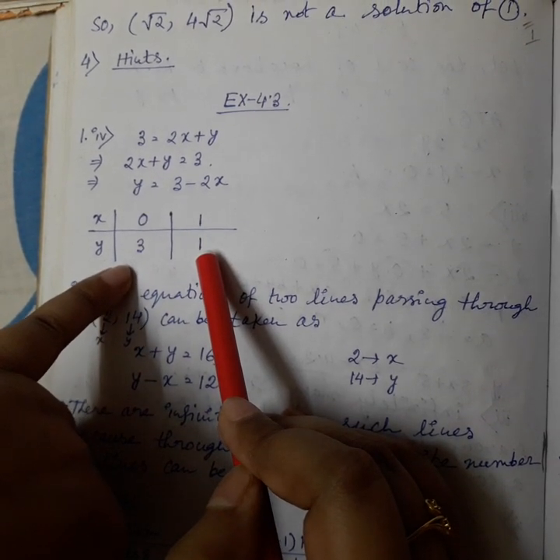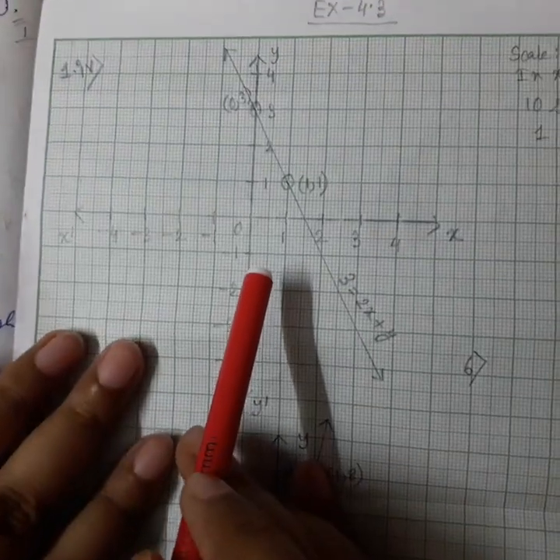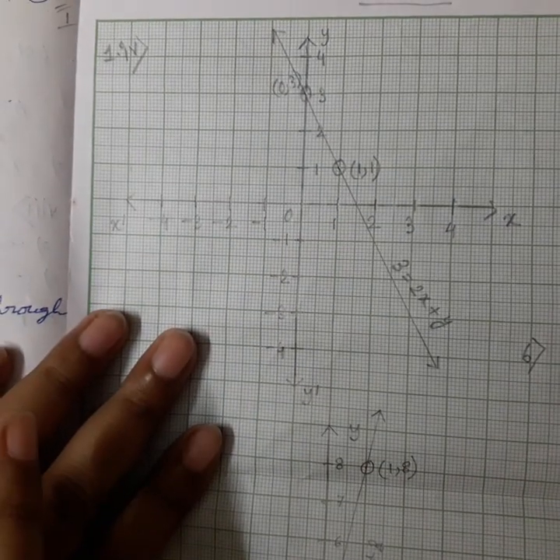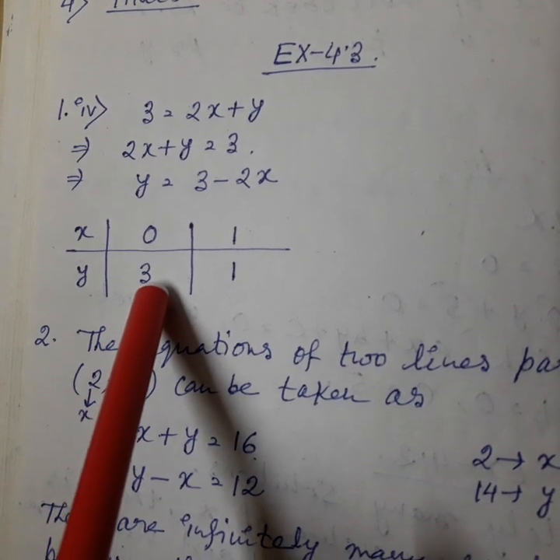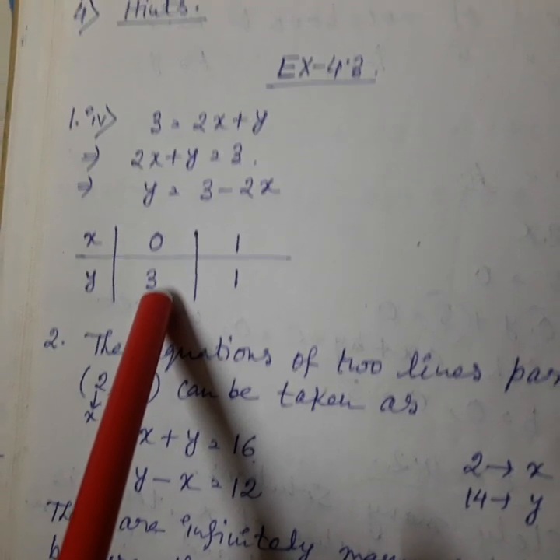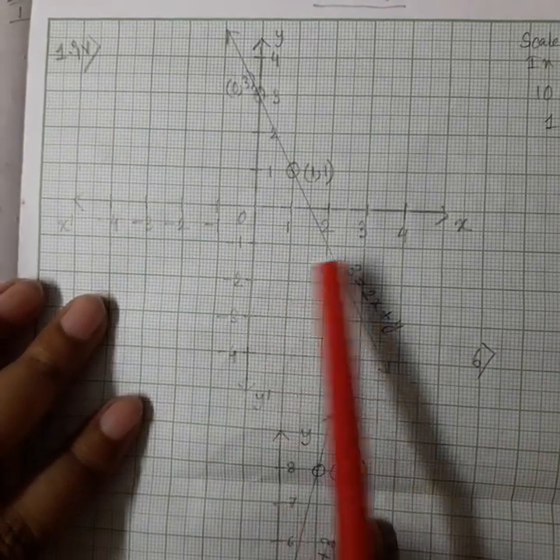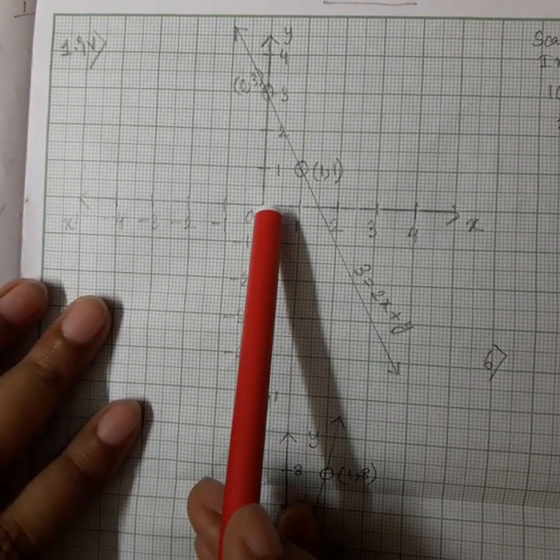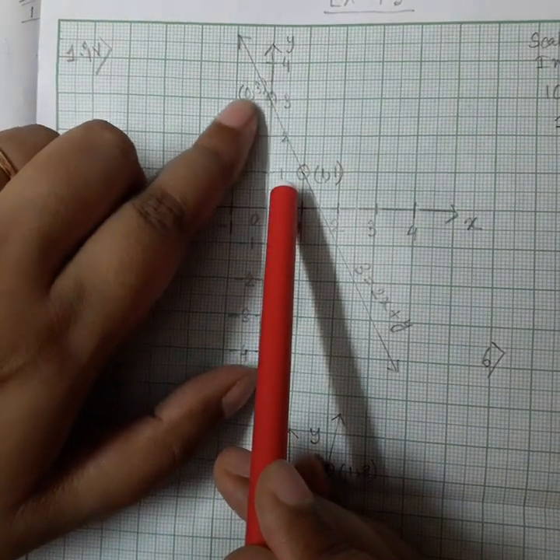Now we will draw the graph. So how you have to draw the graph? Question number 1, number 4. X-axis and y-axis you have to draw, and see that here maximum point is 3. That means in x-axis and y-axis up to number 3 if we will plot, easily we can plot the numbers. So that's why in x-axis and in y-axis up to 4 I have plotted. Okay. Now 0, 3. 0, 3 means 0 here, and in y-axis we have to go that place. So this point is coming 0, 3.